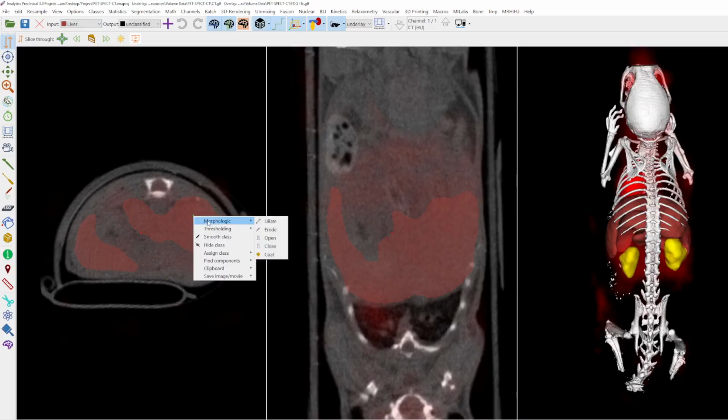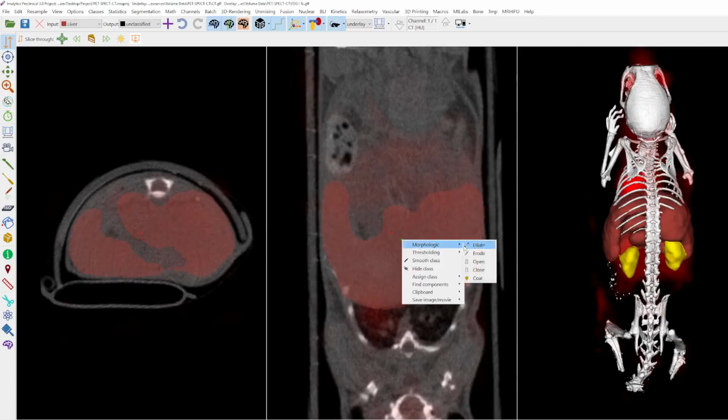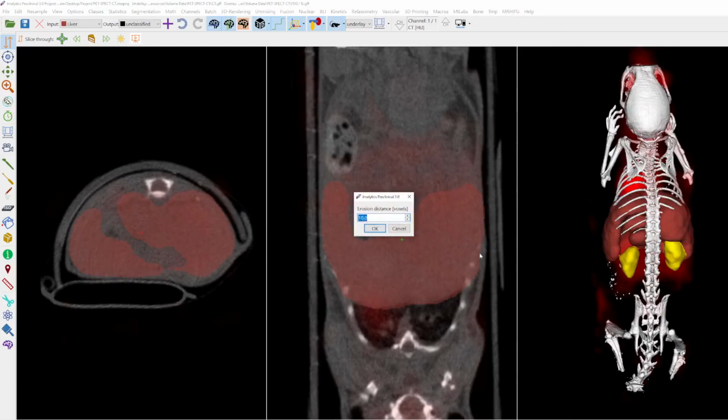So when I perform, for example, a morphologic dilation operation with 5, only the liver will be dilated. When I now perform an erosion operation, only the liver shrinks, not the other organs.